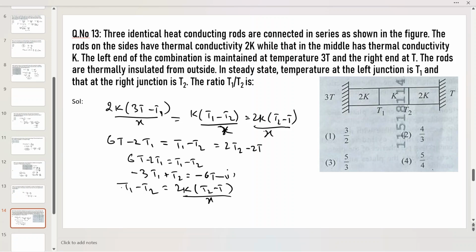If you take this second and third, you are going to get, from here we get a relation that is T1 minus 3T2 is equal to minus 2T. We are going to get this second equation, and here this first equation, second equation, and by elimination method, if we solve this first and second equation by elimination method,